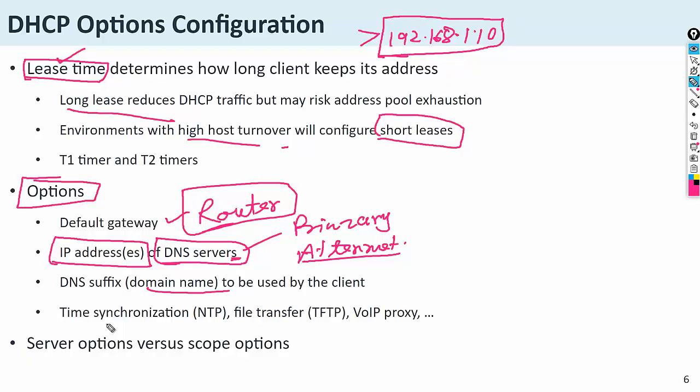Also two more things can be enabled inside the DHCP options, like the NTP server for the Network Time Protocol for time synchronization, and TFTP for file transfer or image transfer.